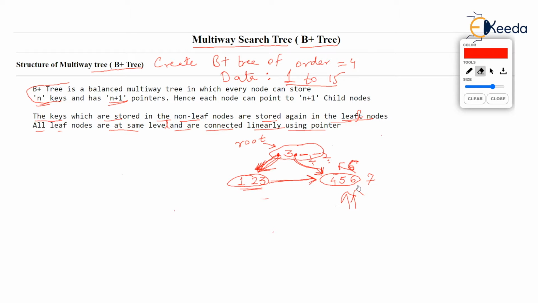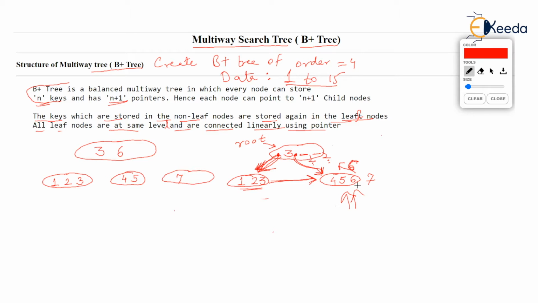Now just check that the root node is going to store 3 and 6. 6 got propagated up, isn't it? And down below here, we have the node 1, 2, 3. We did not disturb that node at all. But as a result of the split of 4, 5, 6, 7, we have a new node 4 and 5, and we have a node which stores only 7.